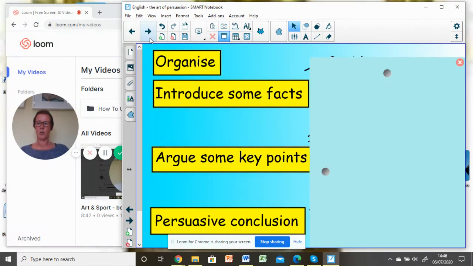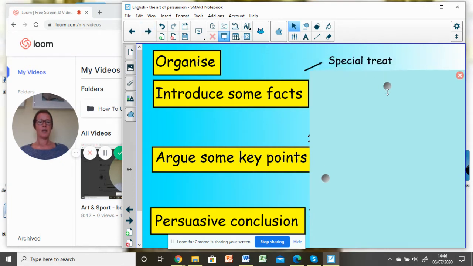Persuasion is usually organized in a certain way. It starts off with introducing the topic and some facts. It moves into a section where arguments and key points are developed, and it ends with some form of conclusion with some very persuasive either questions or phrases. And if we think about ice creams for this piece of writing and the idea of trying to persuade someone to buy an ice cream,